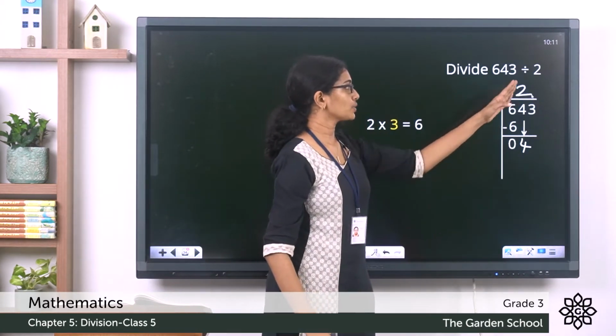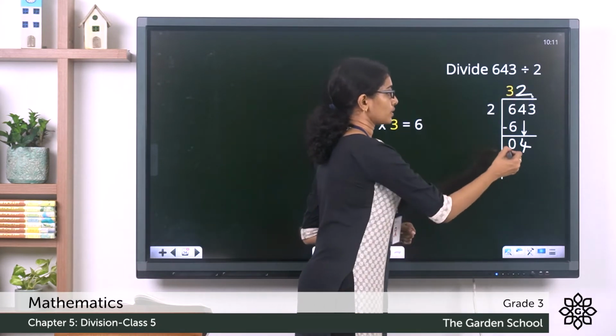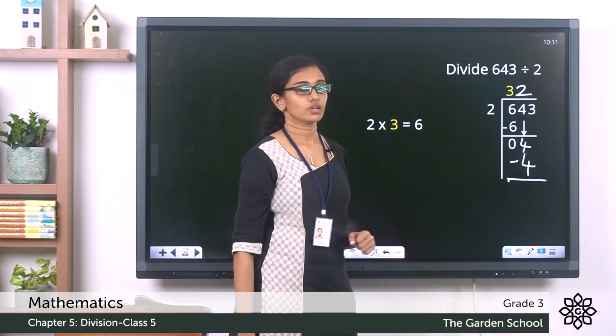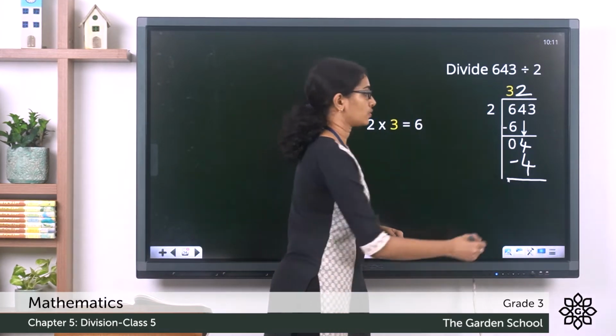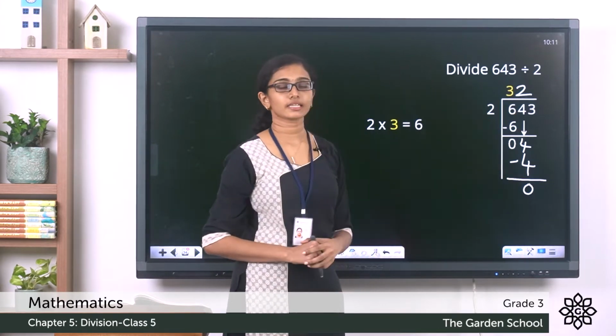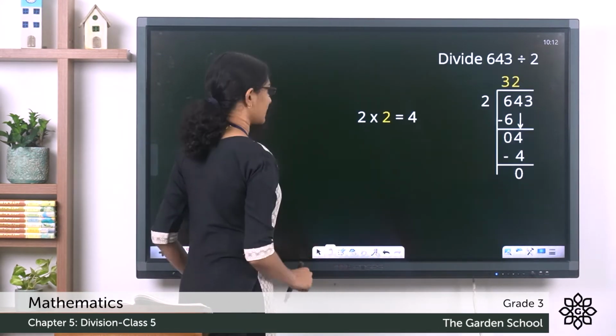Now multiplying 2 into 2, we get 4. Write it just below the 4 that we had brought down. Now subtract 4 minus 4 and that is equal to 0. Now the next step is to bring down the next digit 3 here. So bringing the next digit down,